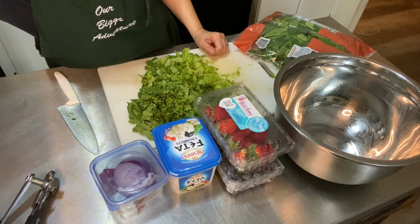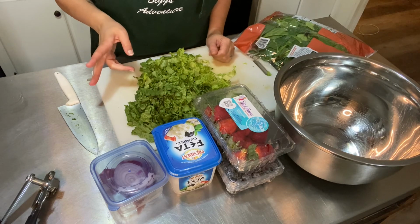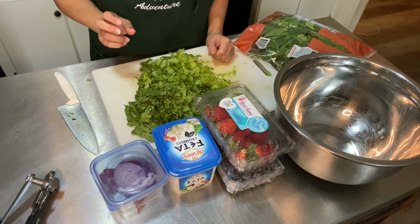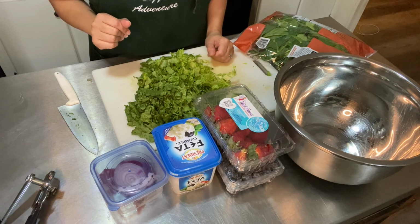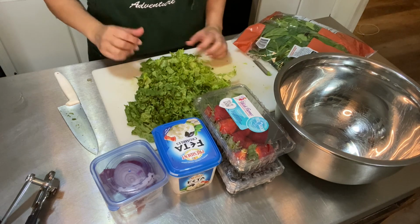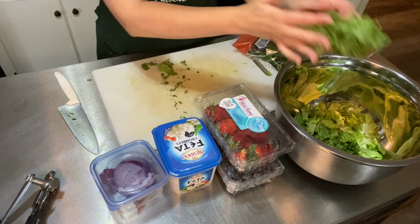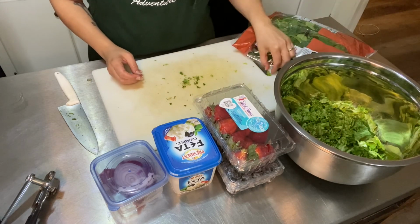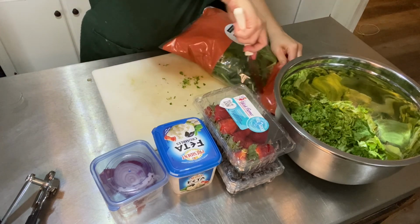The recipe for the salad itself calls for pecans and granulated sugar, because they made the pecans a sugared pecan, which we'll do in just a minute. And then it actually calls for romaine lettuce. For whatever reason, I thought it called for spinach, and you know what? That is okay. I used up the rest of the Boston lettuce that I had in the refrigerator,